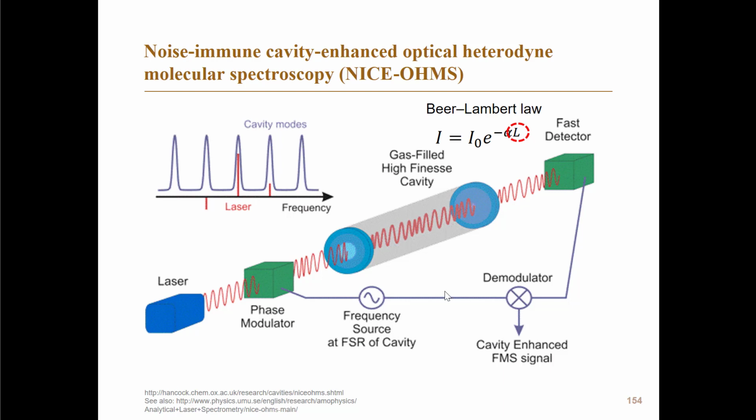Okay, but again there's a lot more things on this picture, and we'll go through them one by one. So over here is something called a phase modulator. And a phase modulator is a piece of crystal which has the property that when you apply an electric field over it, it changes its index of refraction. So you apply